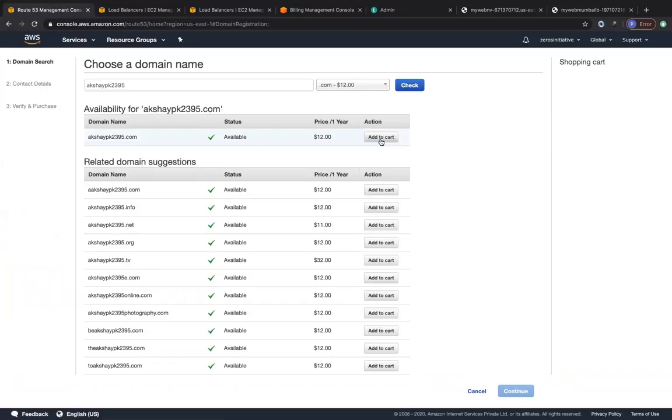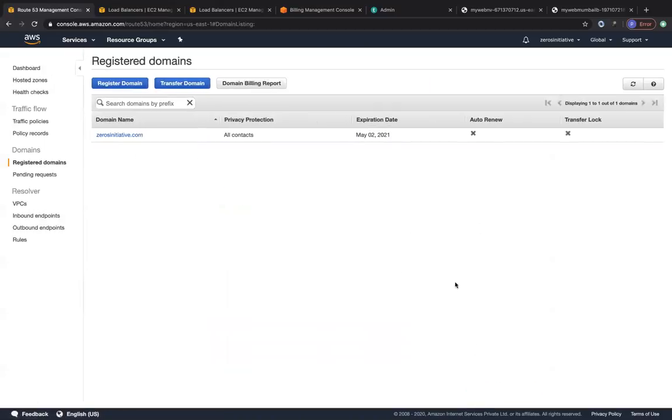And you have to click on add to cart. And then you have to fill in your contact details regarding your address, your name, and your other personal details like your telephone number and so on. And then you have to wait for at least 10 to 15 minutes. And then you have to go to your billing dashboard and pay the bill for this $12 for the domain name that you purchased, right? And then you will get a confirmation mail from AWS stating that your domain name has been purchased and it's verified, and now it's available to use. And they have also created a hosted zone for you and also 2 record types for you. You can also enable auto renewal for your domain name when you purchase it, so that it's automatically renewed year after year.